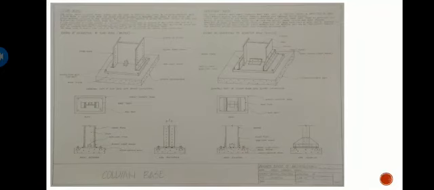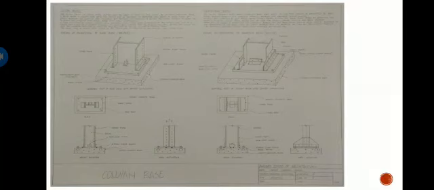For small loads, a slab base is used. A steel plate alone can be used to transmit the load to concrete pedestal, such a base plate is called slab base. So here is an isometric view of slab base with bolted connection. As we can see, at the top is the flange of column, at the center is the web cleat and the flange cleat angle at the side. At the sides we have cover plate and then followed by a base plate and down at the bottom is the cement concrete base.